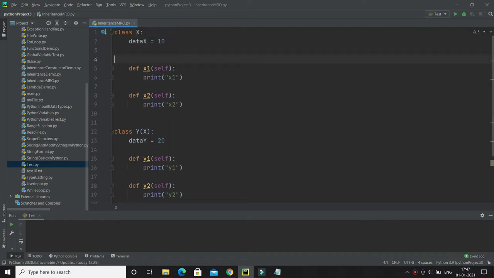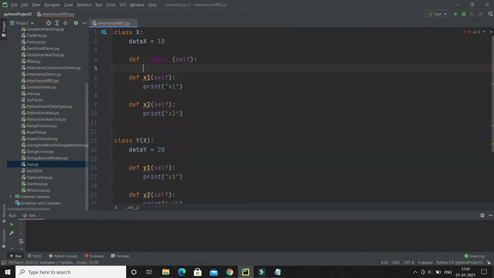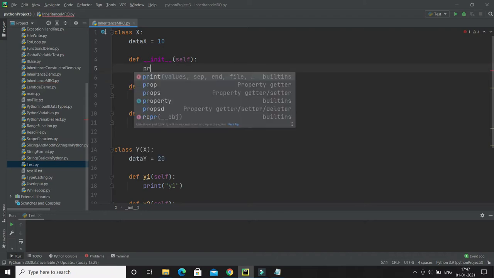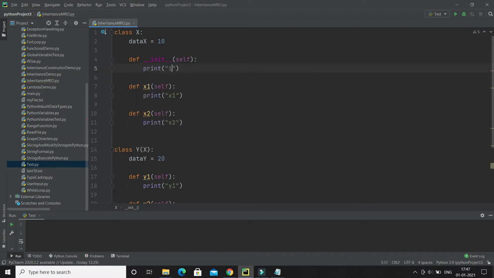So first of all I'm going to add a constructor in the superclass, that is our case, the superclass is X. So here let me add one constructor, and in this constructor I am just printing init from X, right?